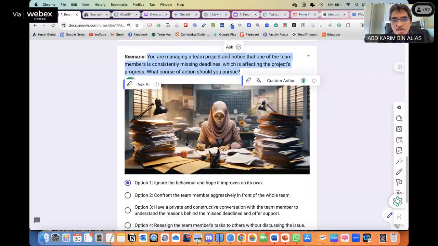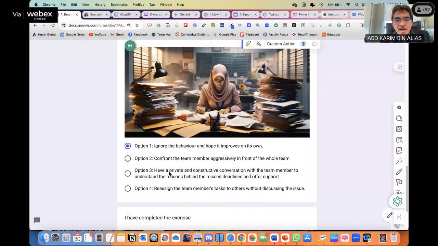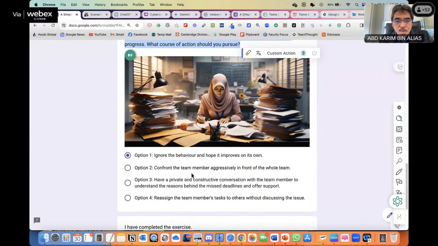This is the application of the knowledge. So they will analyze the situation. Sometimes we can give data. We can give not only a simple scenario, we can give them some information, some data, and this data or information will help the learner to analyze before they make a decision or choose the option.